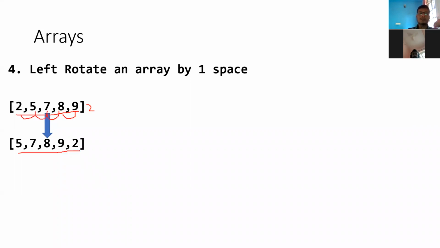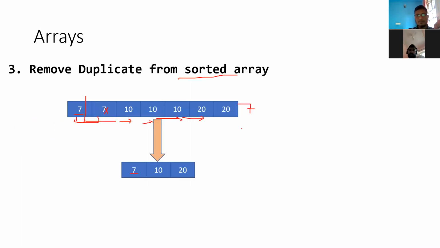How will you do this? There's a question. With respect to this case, the best case could be no duplicates. Yes, it is possible if there are no duplicates, but it is not a best case actually, because you need to do the comparison with all the elements, right? The only thing is, after the comparison, your copy operation to the next array will be constant.